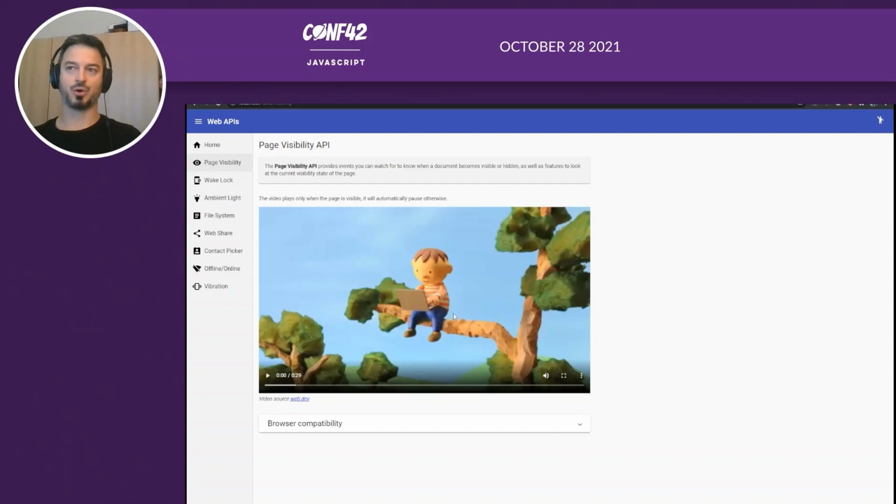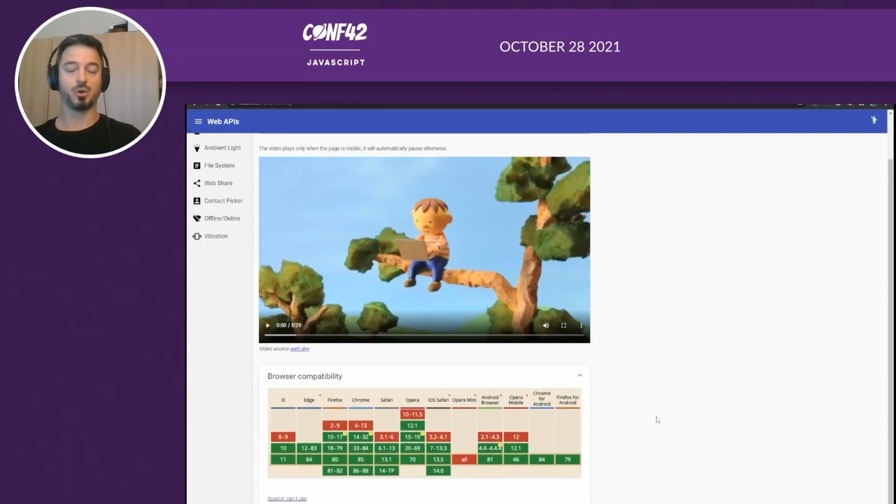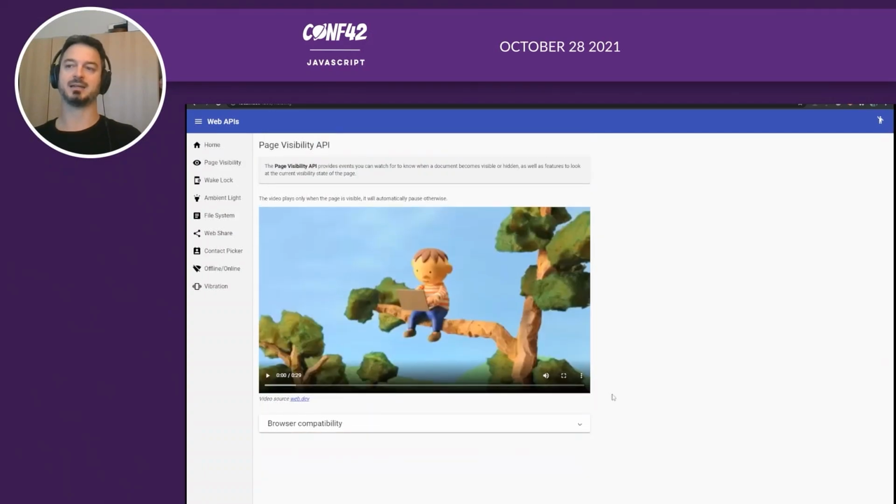Then there is the core of the demo itself in the central part, and at the bottom there is a browser compatibility section. Also very important because, as you will see especially for the more experimental APIs, it will tell you how broadly supported and widely covered the API is across the different browsers. In this case, the Page Visibility API is not the newest API and therefore is widely